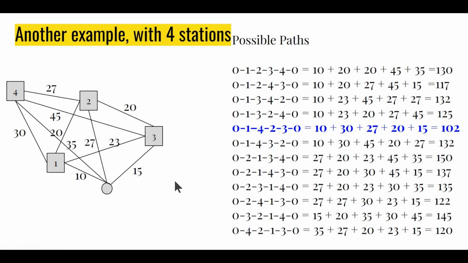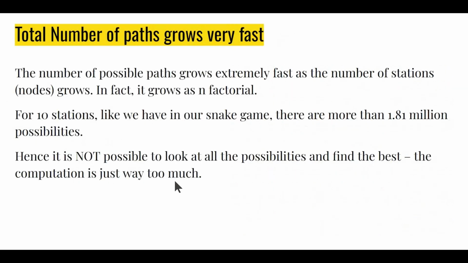But the point is clear that as the number of stations grows, the total number of paths grows very, very fast. In fact, you can show that this grows as a factorial. Factorial is basically n times n minus 1 times n minus 2 times n minus, let's say, 3 all the way until 1. So this goes really, really fast. For 10 stations or say 10 foods like we have in our snake game, there are more than 1.81 billion